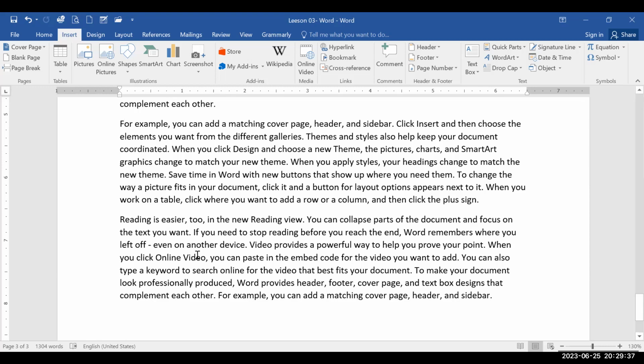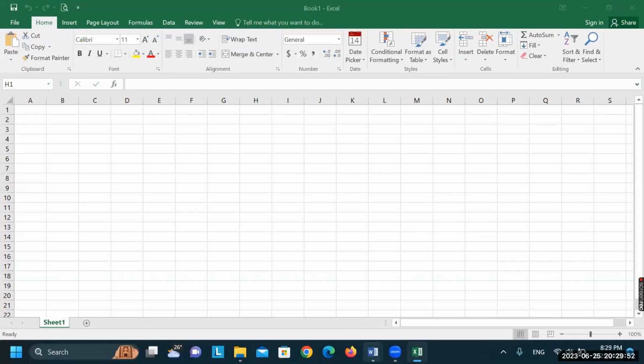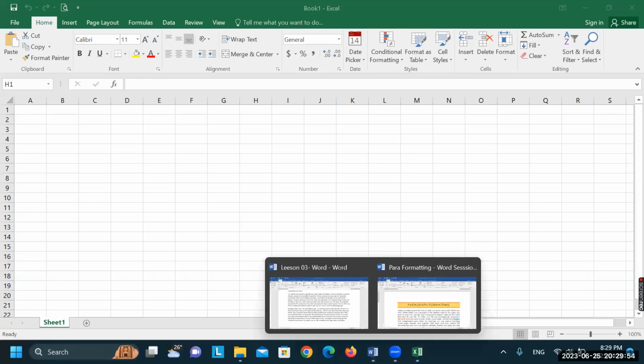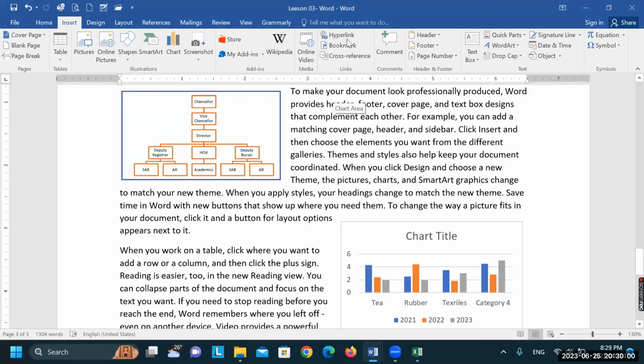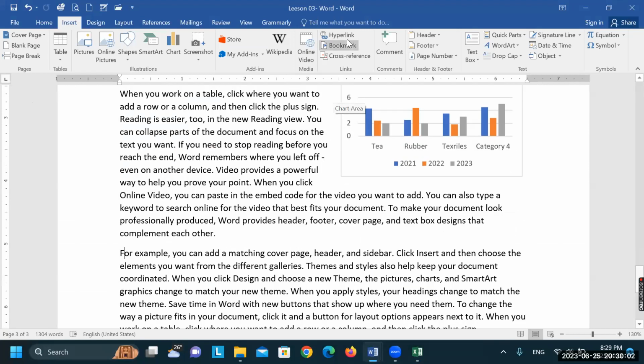How can I switch it? In your bottom taskbar, you can click it here and there. So now my Excel sheet is on my screen. After clicking on the taskbar, then going to my document, now my document is available to me. So while I am in my document,